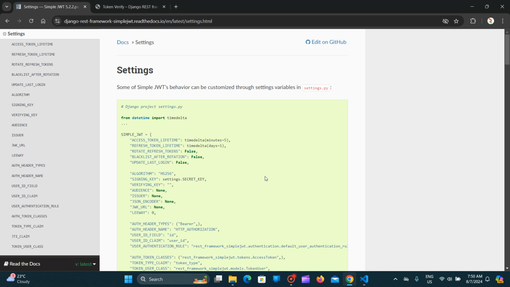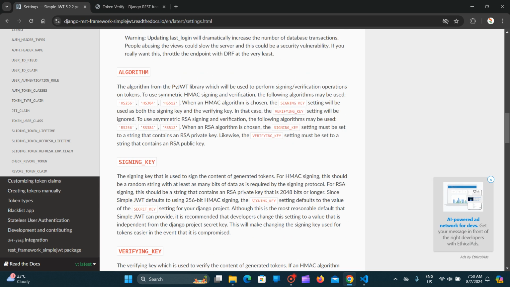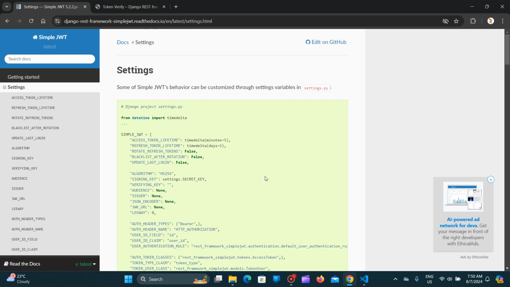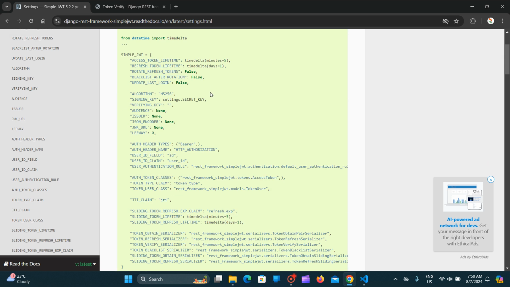So these are some parameters you can set. For example, access token lifetime should be 5 minutes, or you can increase it to days also. Refresh token lifetime 1 day. So what I will do is just copy this